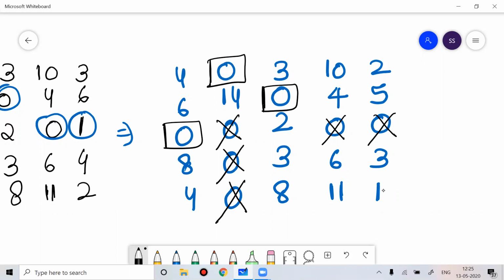Now if you notice, only rows 1, 2, 3 are allocated. Rows 4 and 5 are not allocated. So to do the allocation, tick the row which is not allocated. Rows 4 and 5 both have 0 at the same place, in the second column. So tick the column where 0 is there.